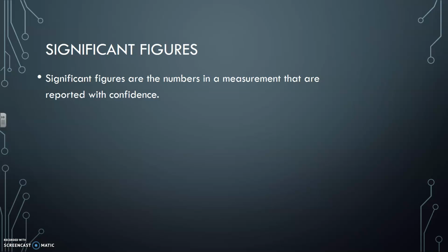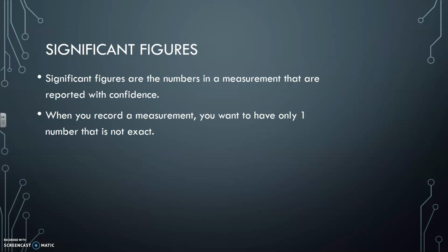So this is where significant figures came in. Significant figures are the numbers in a measurement that are reported with confidence. So the scientist who records that number knows that those numbers are accurate, and then they estimate the final number. So if your graduated cylinder, say, has markings every milliliter, you would have to go to the tenths place. So you have that exact measurement, the 5 milliliters, and then you have to go